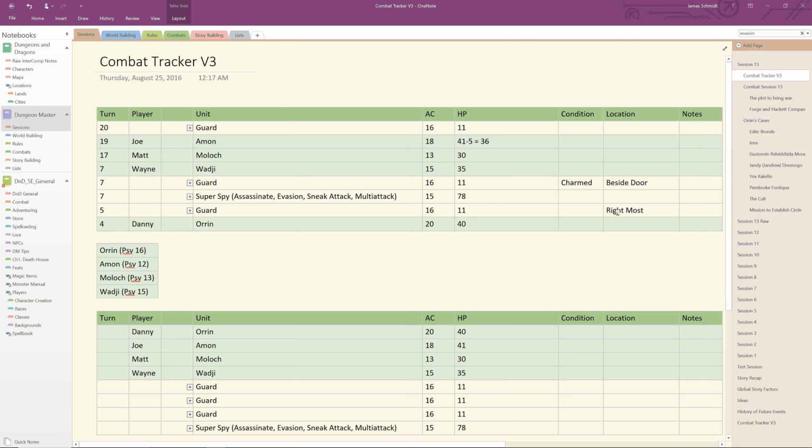So that's working great. And then, when you go to do the spy, you're like, oh, crap, he's got assassinate. So he gets to go, or he does an evasion. It's right here. It'll remind you that is the case. You put all your conditions, and then something, let's say Moloch now attacks, and he attacks this guard, and he rolls awesome,